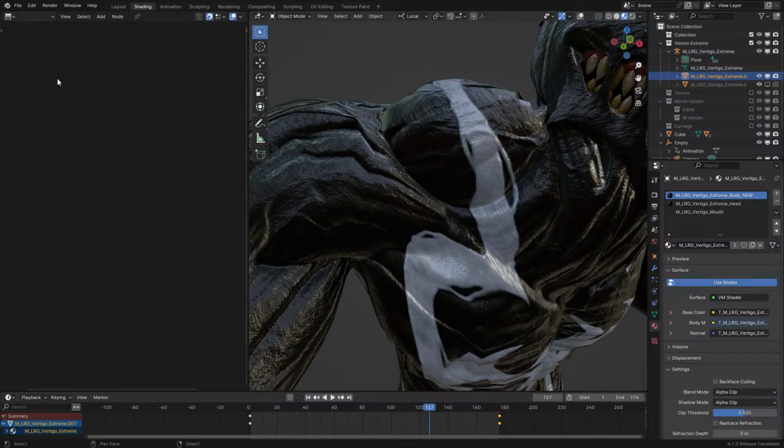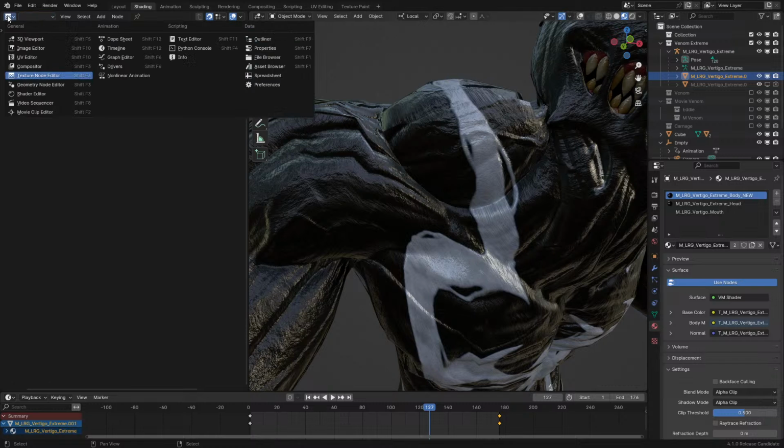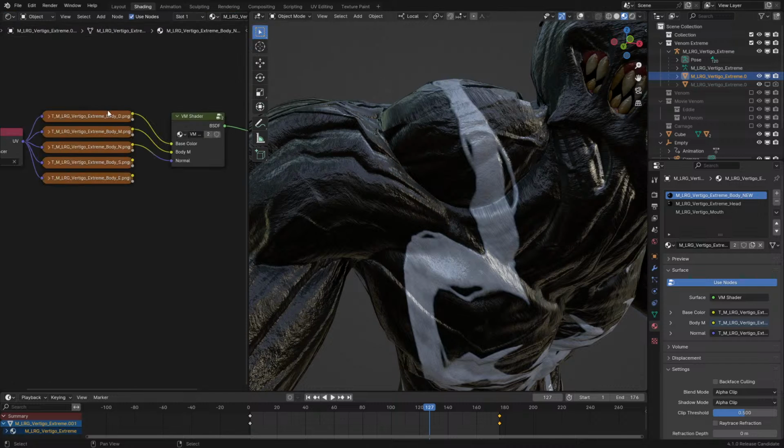We have 1 minute left, so I'm just going to go over this a little bit. Technically, Blender does have a texture editor, which is where you would have a blur node, but as far as I know, they haven't used this in years. I don't remember ever actually using this in my 7 to 8 years of using Blender on and off. That's where they would put it if they ever decided to, not in